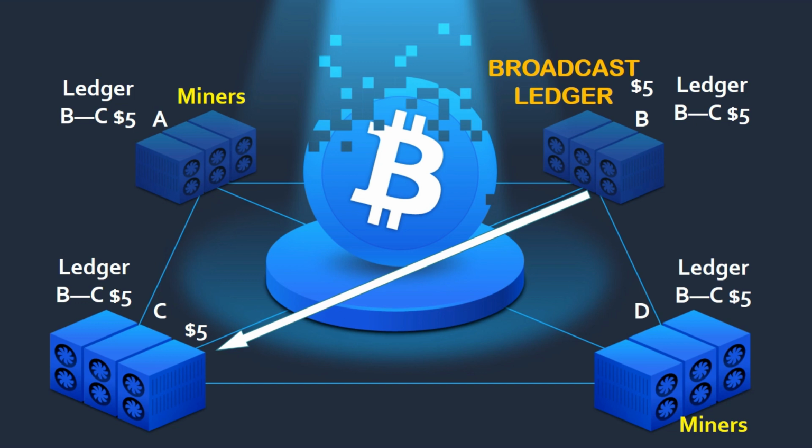The miner will publish the new ledger transactions, or validated transactions, and broadcast them to the entire network. Now here is the lock and here is the key that enables everyone on the ledger, and also other miners, to add these new validated transactions to their ledgers as well. This is how blockchain works.